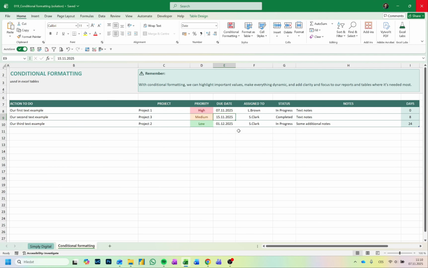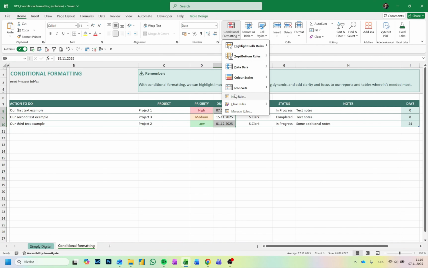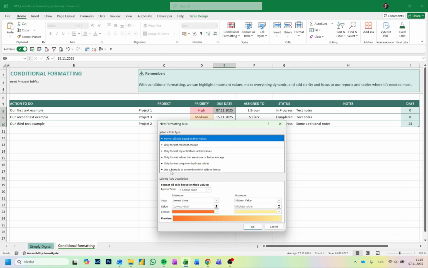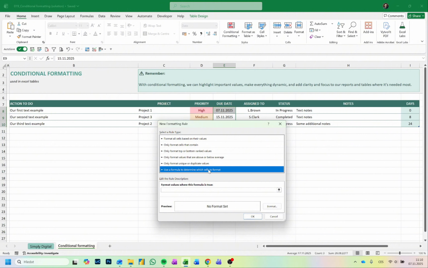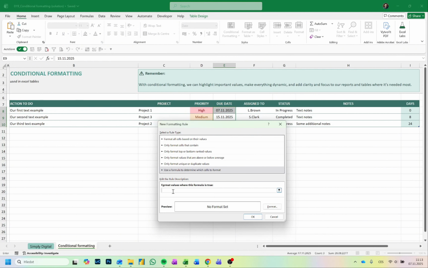Now we can again press Ctrl and spacebar to select our column, and we go to conditional formatting, new rule. And this time we use a formula to determine which cells to format. Let's write the formula. So very important, right now I have selected the cell E9. So I need to go and select again E9. Then I want to adjust the dollar symbols. So press F4 twice, and we only want to fix columns and not the rows. So rows are empty. And then I can write equals today,